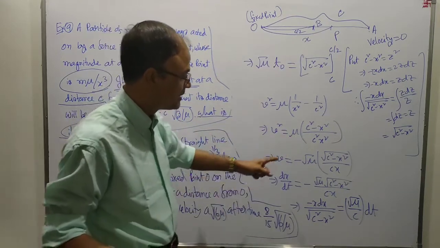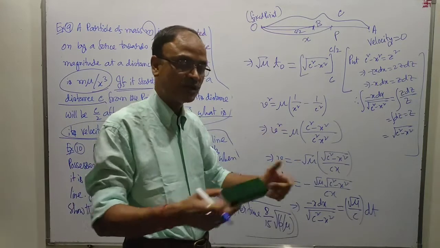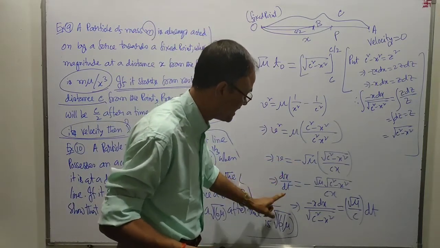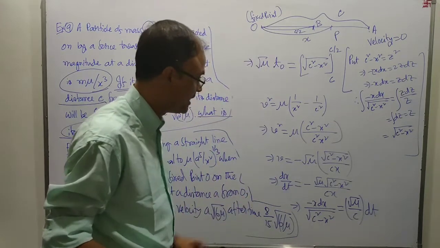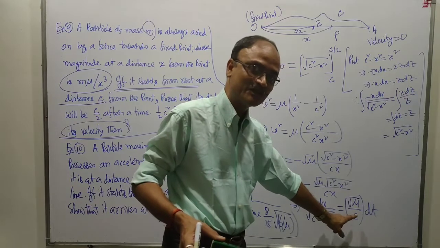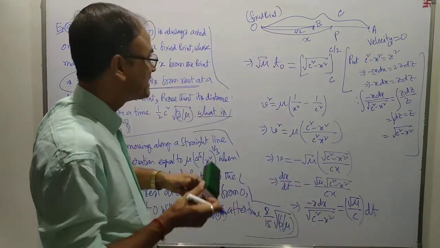After that, v equal to this. The negative sign has been taken because the particle is moving in a direction of x decreasing. After that, dx by dt equal to this. That c was dropped. Please write this c. Now integrating